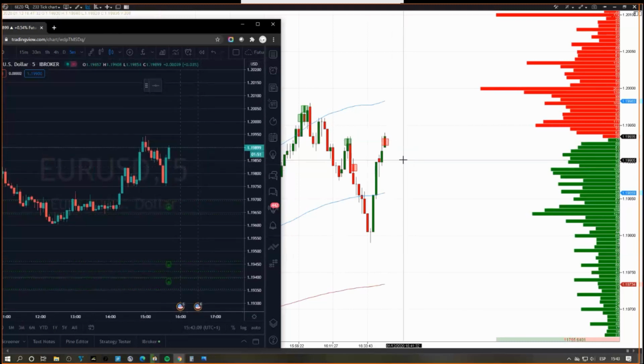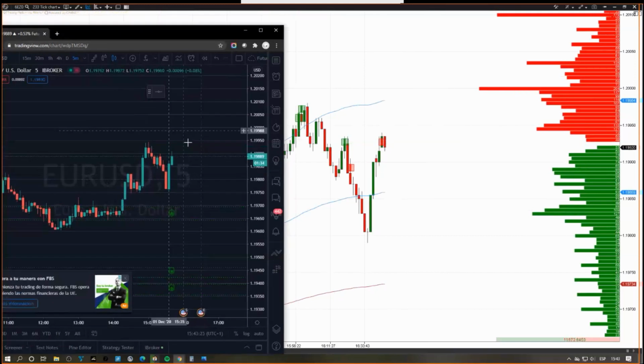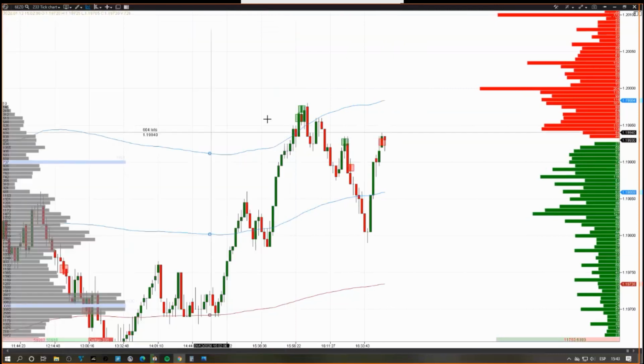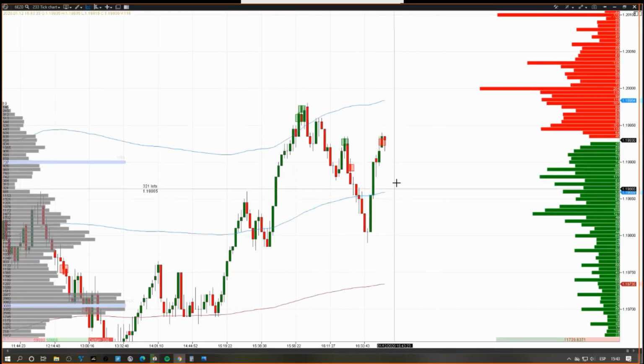So in case you are trading somewhere else instead of the futures, for example in forex, this is the EUR/USD, you can see here. You can place your trades in any other platform. Just look for your entries in the quantitative order flow information. Okay, that's a way you can do this in any other platform. It's not necessary to put your trade here. I trade here and I see the information here. Everything I do here, you can do the same too.